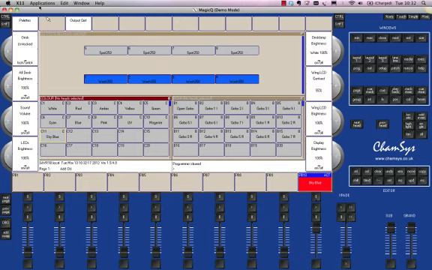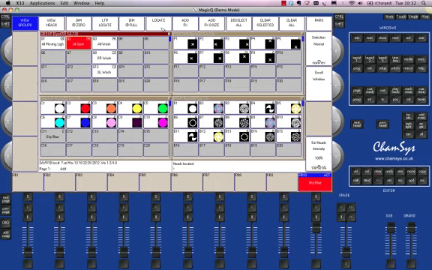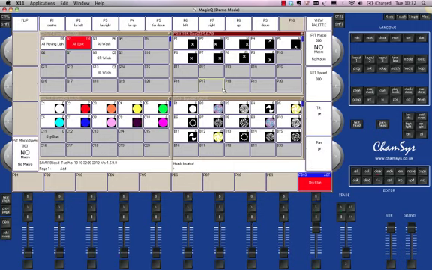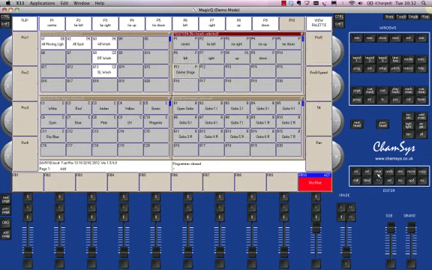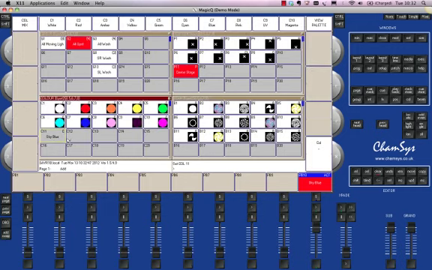Now that's pretty useful on colour terms, but it's also seriously useful for stuff up here, for instance, where you might say on my all spots I'm going to put them in a particular position. I'm going to move them around on stage, and then I'm going to record that as centre stage. So I've got that palette then, so I can do all spot at centre stage in sky blue, in light blue,